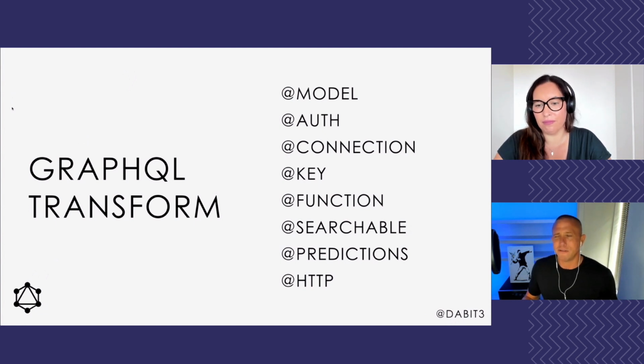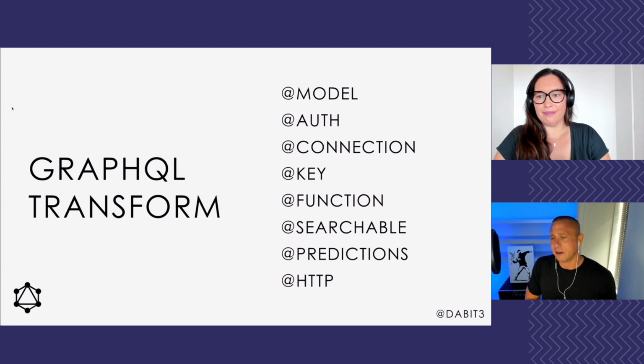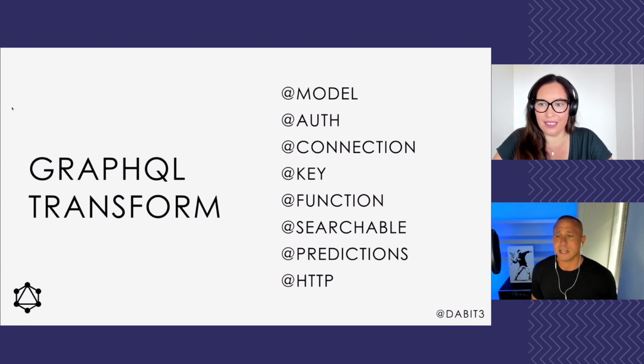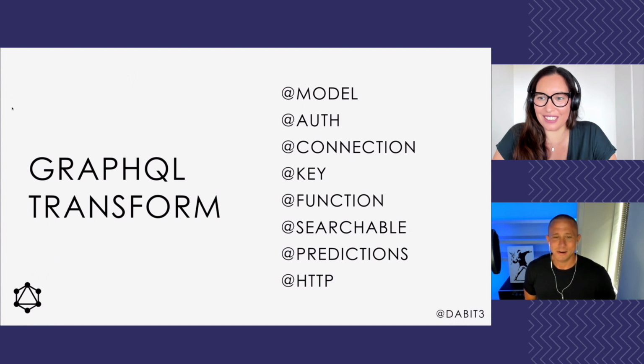So think about, if you've ever worked with DynamoDB, how would you take this table and map a bunch of different data access patterns against that table? Like, how would that translate into the GraphQL? That is something I want to deep dive into right now, because it's very interesting to see that in action